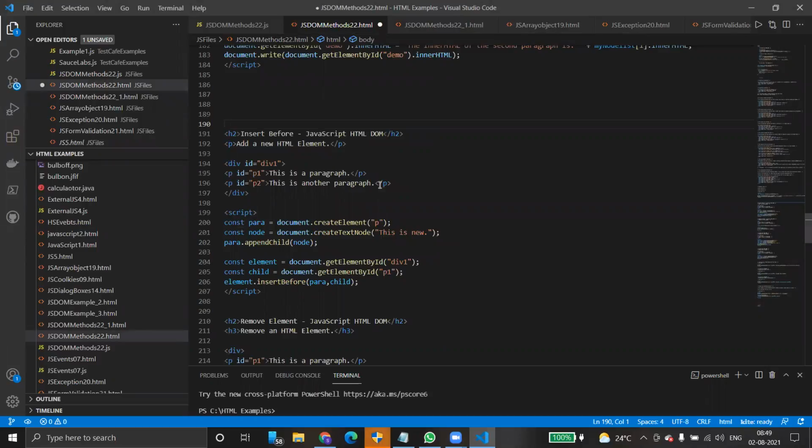Okay, this is the appending, and then coming to insert before, insert after. We can insert. There would be so many elements in the paragraph, right? You should know the order also. Sometimes we may insert a particular element before a particular element or after a particular element. We can do that by using insert before, insert after. Look at here. This is also a very simple script.